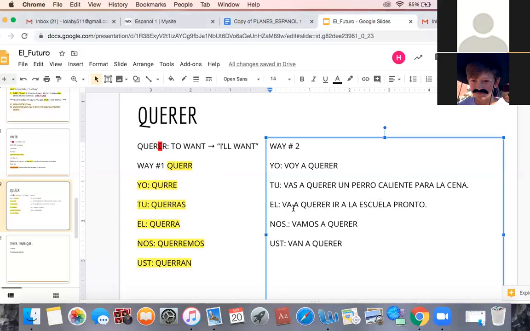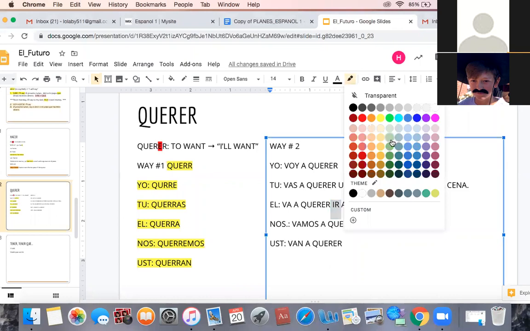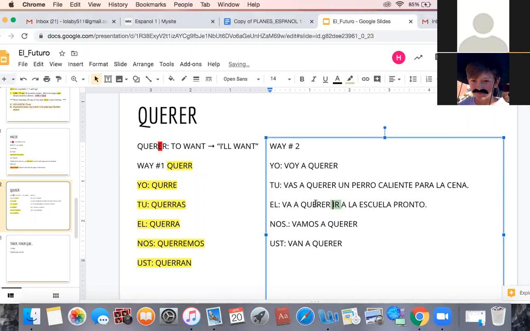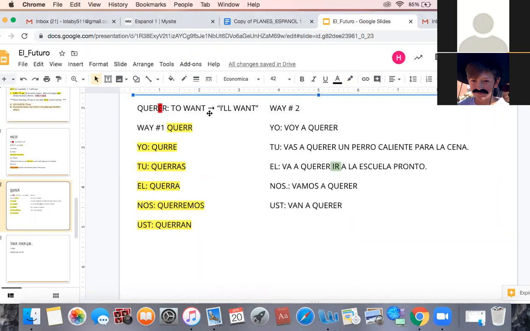But for example, this one says voy a él, he is gonna want to go to school. That's what it says. Él va a querer ir a la escuela. So notice I kind of just violated one of the rules that I taught you, but that's why this is an irregular, because when you use it like that and you want to use another verb in front of it, this verb, right? This verb's the original. So anytime, let me add that into the rules.